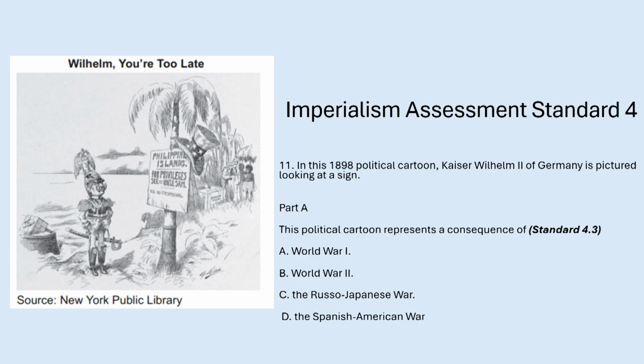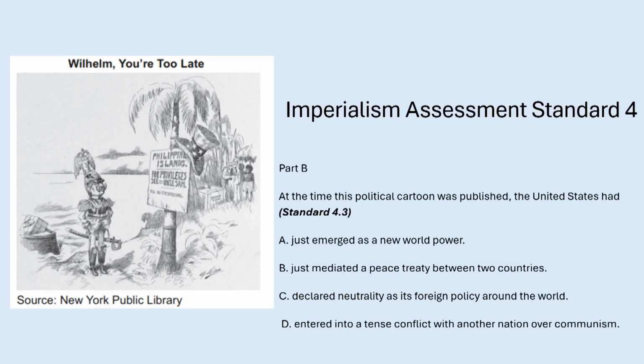Imperialism Assessment 4. Once again, we have a Philippine Islands for Privileges, see Uncle Sam. In this 1898 political cartoon, Kaiser Wilhelm of Germany is pictured looking at the sign. Once again, a part A and a part B question. This political cartoon represents a consequence of the World War I, World War II, the Russo-Japanese War, the Spanish-American War. Well, Spanish-American War. All right, the second part, standard 4.3, at the time the political cartoon was published, the United States